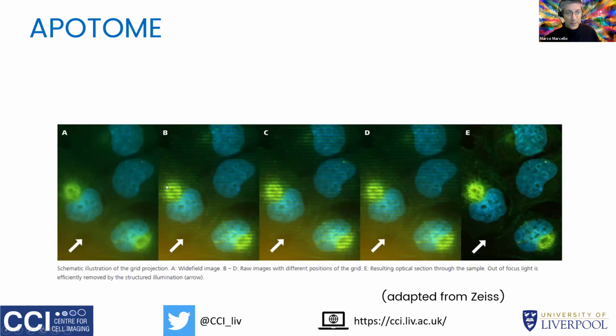And then you do exactly the same I was saying for SIM, because that's structured illumination, apotome. That's the principle. So you project a grid, in this case some stripes, and you take subsequent pictures of your field of view. And basically what you do at the end is you reconstruct the image, and you're able to eliminate the out-of-focus information. So this technique is faster than the SIM, and is a way of eliminating the out-of-focus